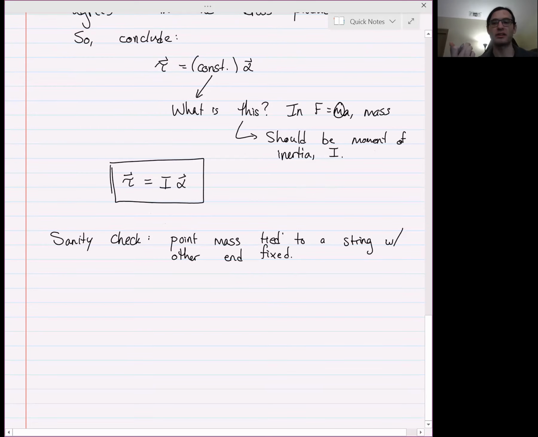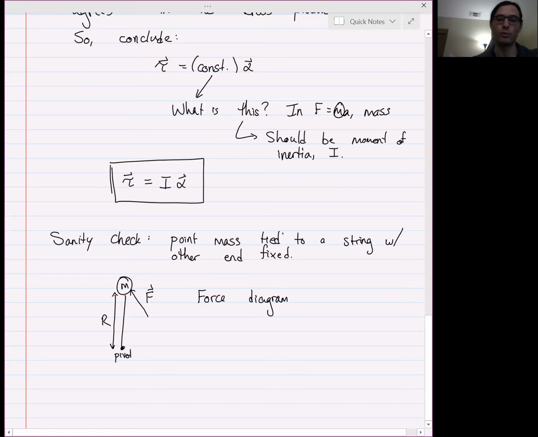So in that case, well, let's just draw a picture. There's our point mass M tied to a string. That's our pivot point. Let's call this distance here R. And then we'll apply some force to it, F, in that direction. So the force diagram for this